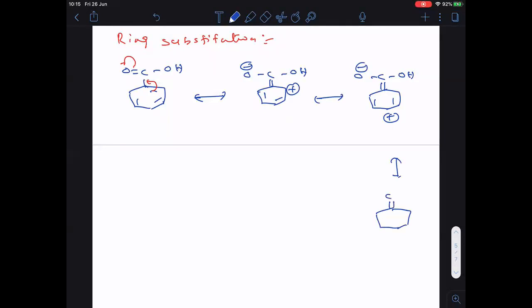So here double bonded COH. Now here negative charge. Now what happened? Positive charge goes to the ortho position. Clear? Now if I write the next canonical form, then what happened? Three pi bonds will be in the ring. Then we will get back the COOH, benzoic acid. So these are the resonance structures of benzoic acid.